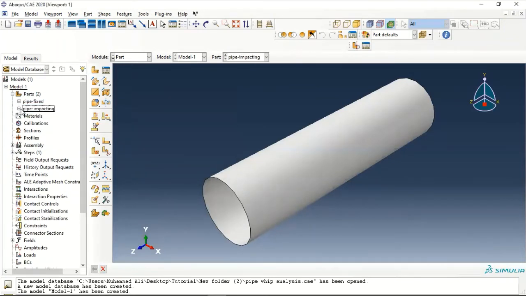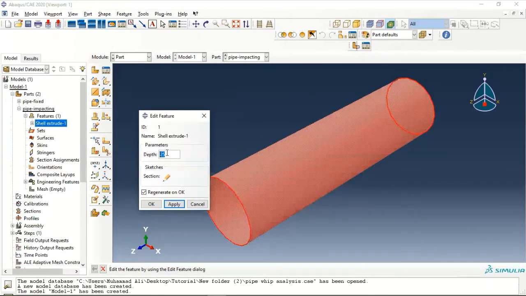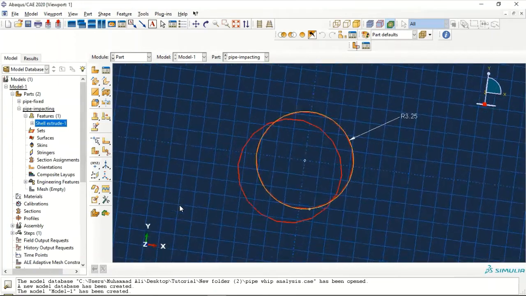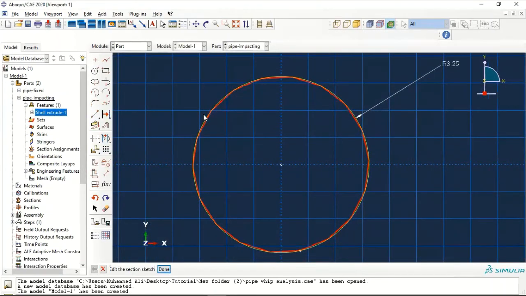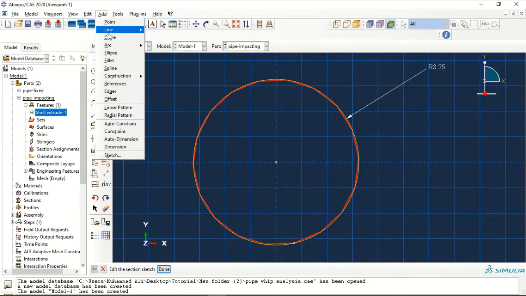Press on OK. So we expand this and the features as well. Double click on shell extrude, and over here we put the value as 50, and we also edit the section sketch over here. So what we want to do is we go on to the add, and over here construction and vertical line,